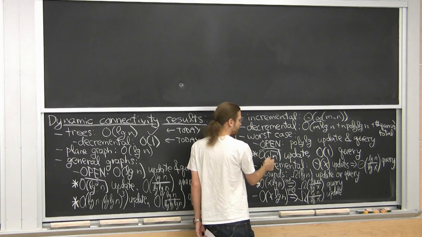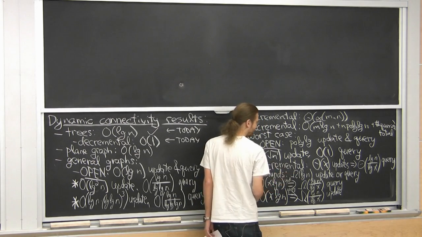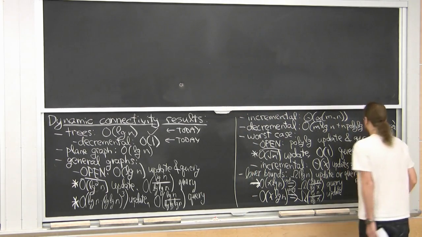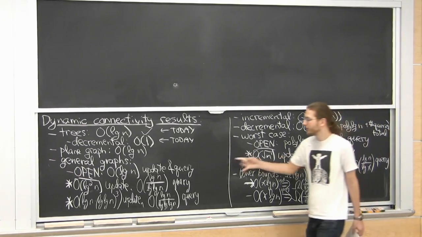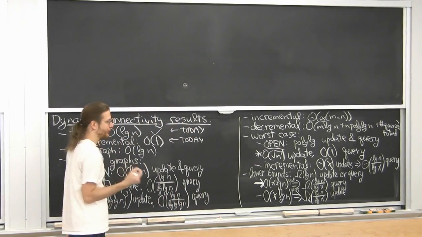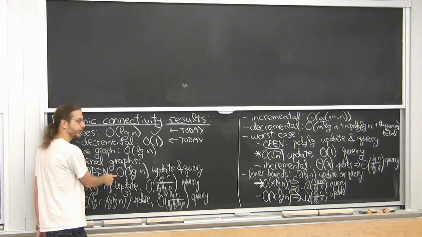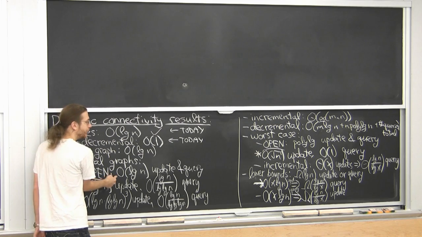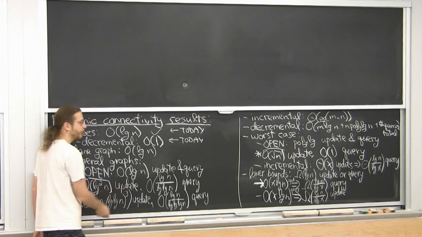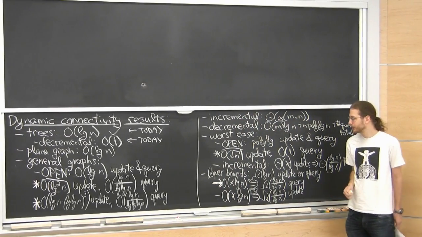Same over here. Given an update time of root n, of course the best you can hope for is constant query. But indeed, it works out. If you're taking log n divided by half log n, you get constant. So these results may sound suboptimal, but in a certain sense, they're optimal. Of course, these are just single points on the trade-off curve. We still really care about the situation of log n. Where's the open problem here? Log n update and query. That would still kind of be ideal. But these are not as bad as they look, is the point. Of course, it'd be better if this wasn't a 3, it was only a 1. But they're still, in a certain sense, tight against the query bound that you get.